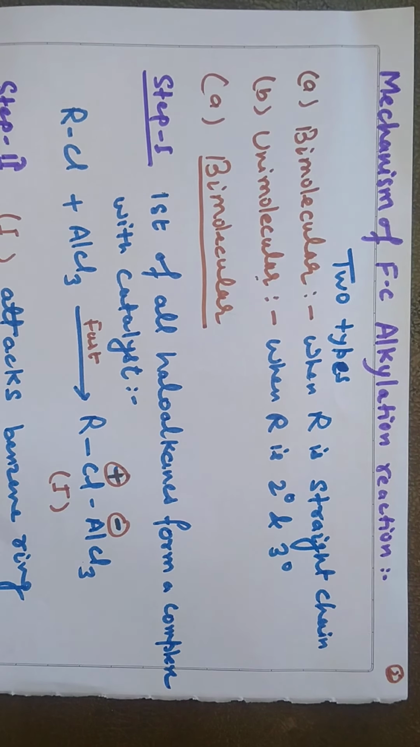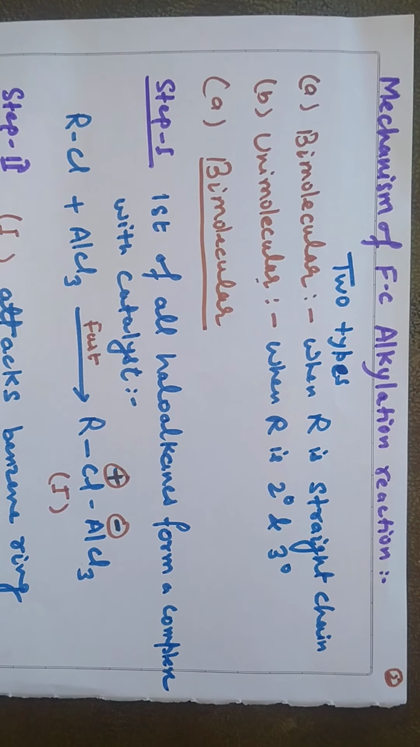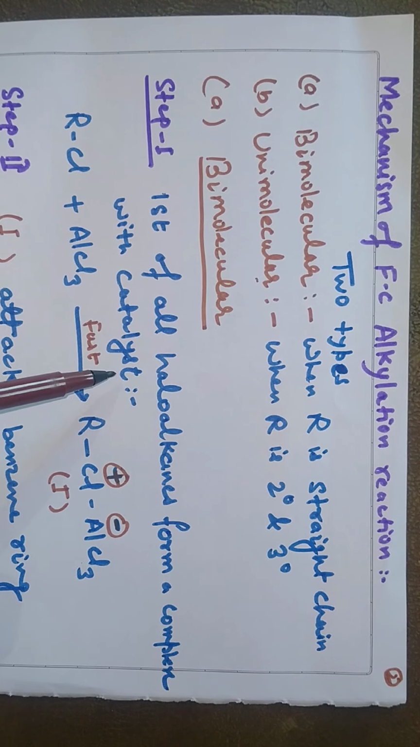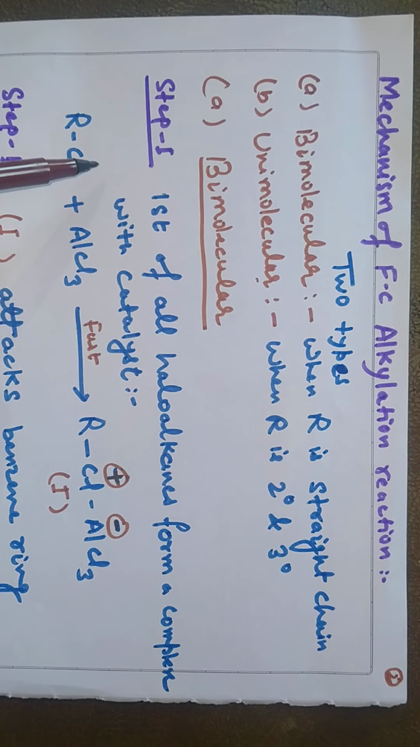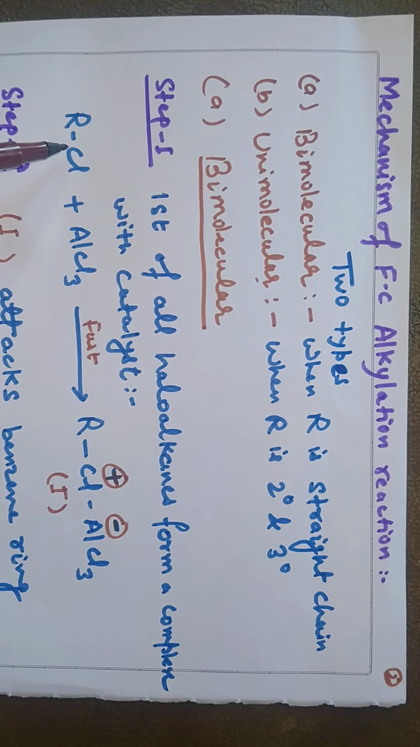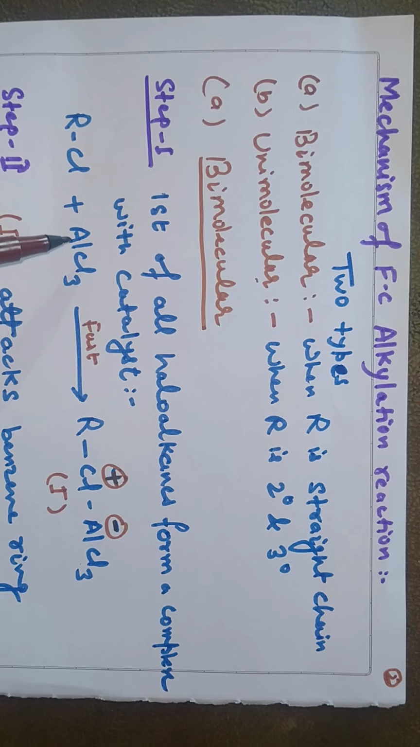So here the reaction occurs in two steps. In step 1, what happens? First of all, haloalkane forms a complex with a catalyst. So here we have haloalkane, this means alkyl halide, and this one is our catalyst, aluminum chloride. It is widely used. So first of all, alkyl halide or haloalkane and catalyst